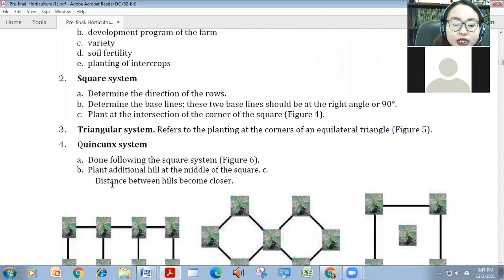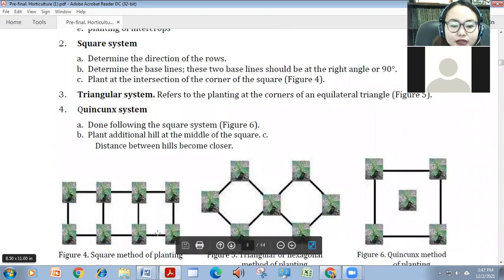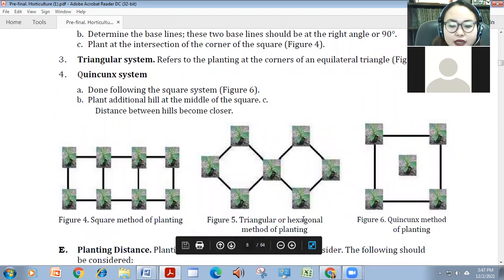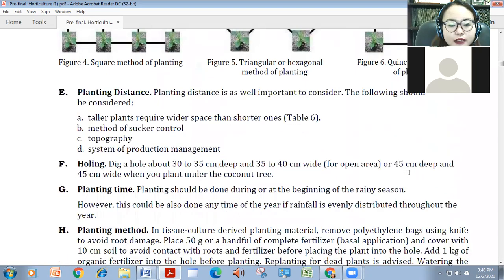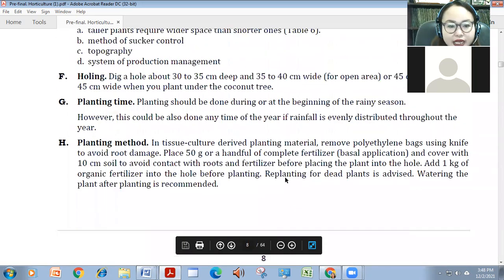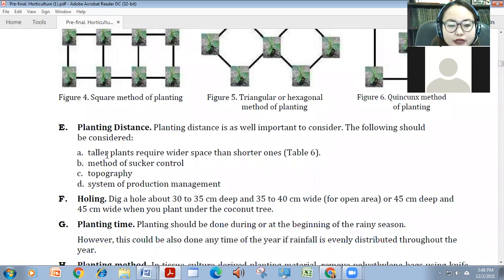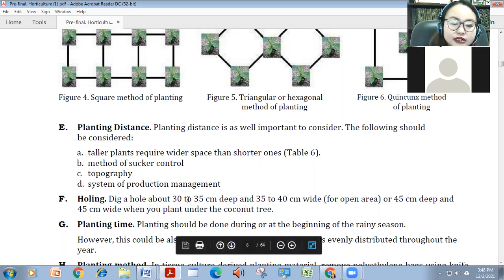So there are a lot of planting layout. We have the square system. Ito yung square. And we have the triangular or hexagonal. So ayan, apat-apat din. And in the quincunx, meron square siya pero meron siyang additional hill at the middle of the square. So usually ang mga the distances would depend, no, on the variety. So since taller plants require wider space, of course, and yung method ng sucker control, for example, like the usual na banana plantation, gina-control ang sucker, no, ginaputol na siya, but if hindi, so you have to provide enough space, no,